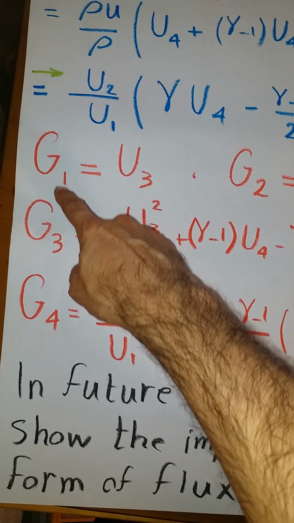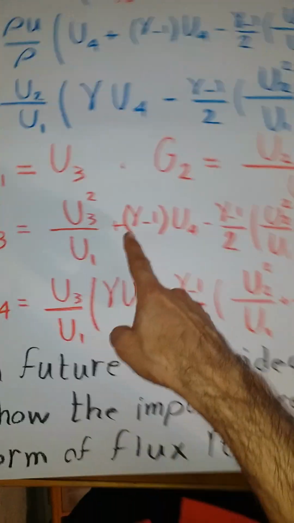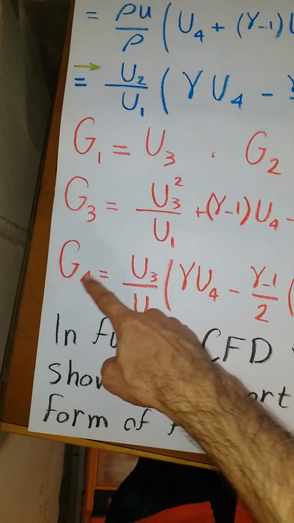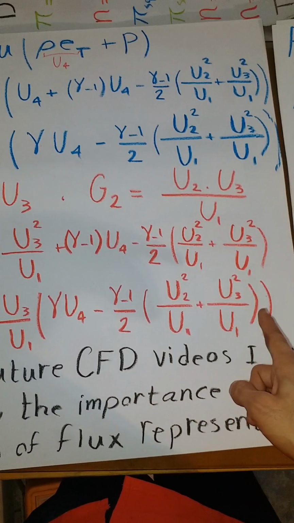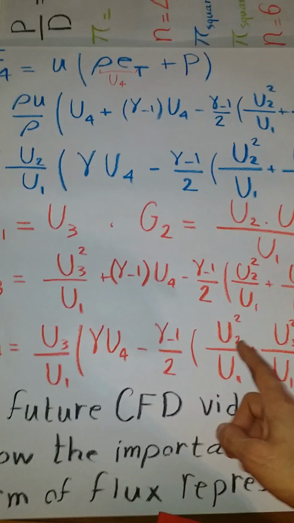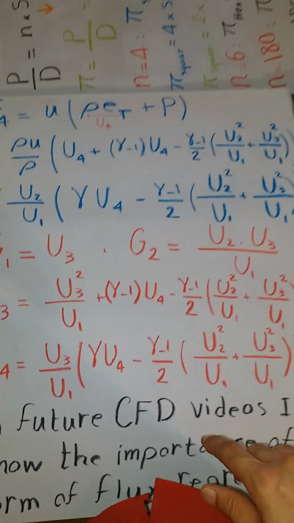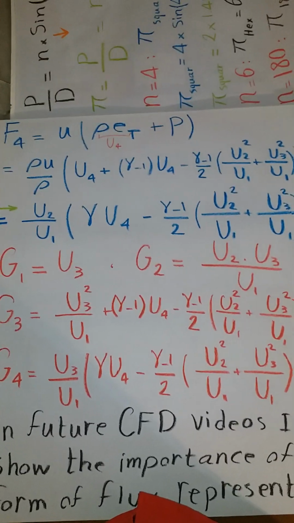If you do that, you will see that G1, G2, G3, and G4 are all stated in conservation form like this. In future CFD videos that I promise I will make for you,